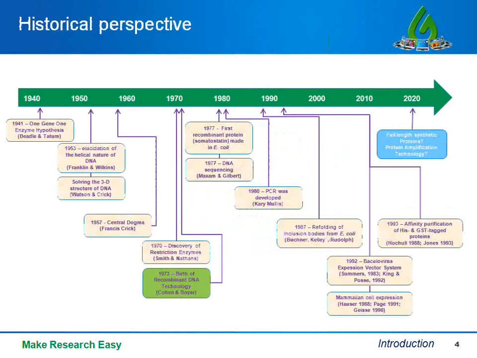So moving on, looking at a historical perspective, you can see that the idea that protein could be the product of a gene was formulated as early as in the 1940s. The molecular biology landscape changed quite dramatically since the elucidation of the DNA structure and subsequent discovery of restriction enzymes. The birth of recombinant DNA technology in the 1970s spurred the growth of the biotech industry, with Genentech at its forefront, and techniques like DNA sequencing, PCR, and affinity purification of tagged proteins continue to shape new discoveries while maturing the science further. Now I wonder what the next big thing in this evolution is.